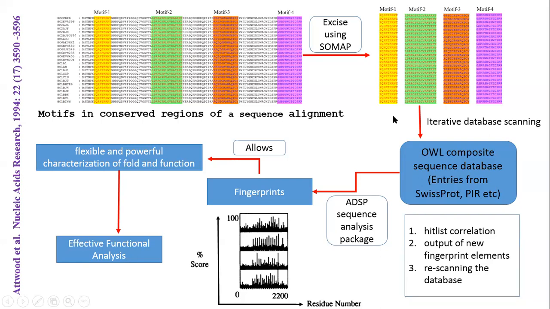So once you have this thing, what you do is that you put all these motifs into a program called as ADSP sequence analysis package. So now this ADSP sequence analysis package would convert this sequence information into something called as